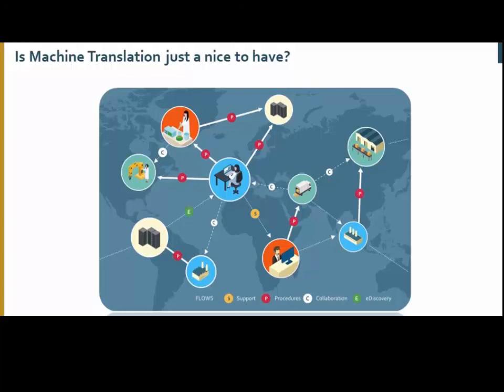It's just not visible, and it's very good. We love that, because when you turn on the lights, you don't know which provider is behind that. You consume a service, and that's what is going on with machine translation. It is really something integrated in all the processes.